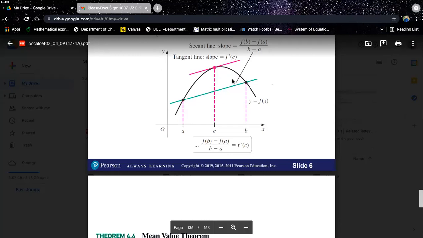You can see these lines are parallel to each other, right? Do you agree? These lines are actually parallel to each other. That means it has the same angle. If you try to reiterate like this, it creates the same angle with the x-axis. That means whatever this line is creating, this line is also